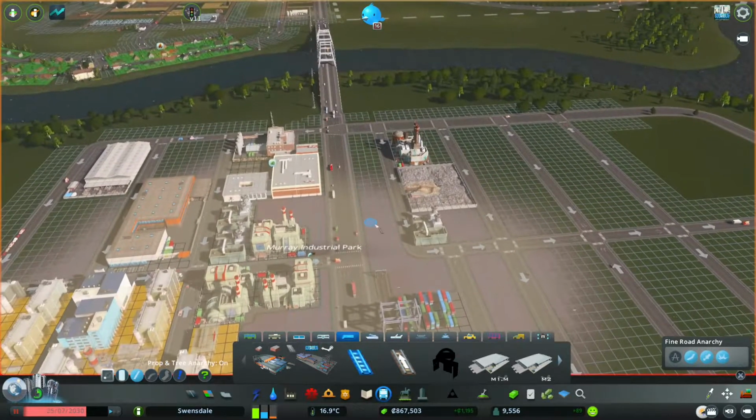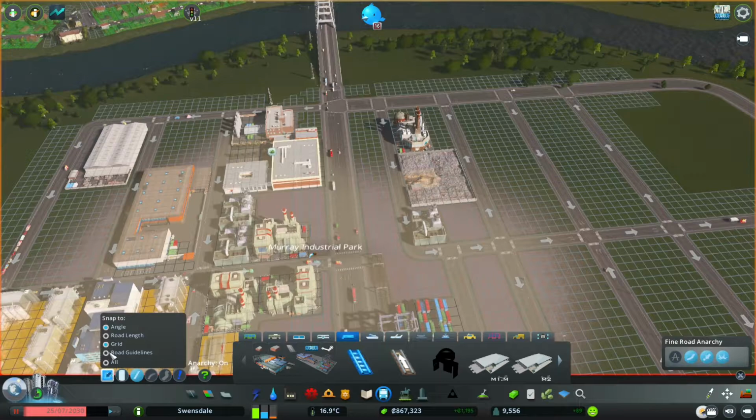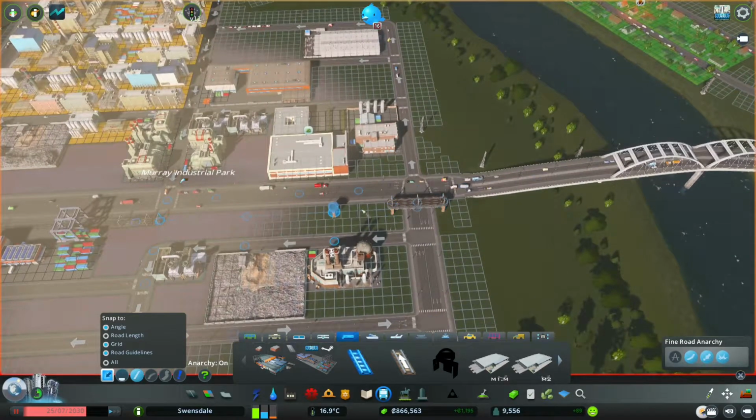So what I'm going to have to do is start by putting in just the stub of a train track, which should then give me guidelines, hopefully. And I want to take that down to the lowest, and then I'm going to go up 3, and just hop across the road. Right. And then I want to come down